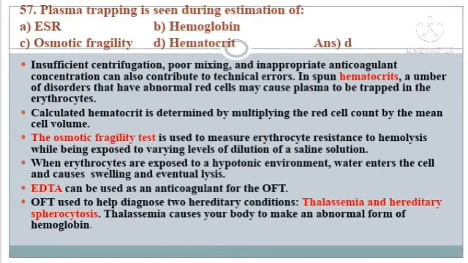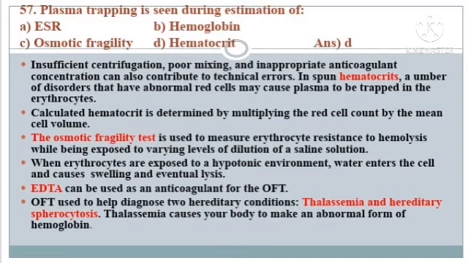Question number 57. Plasma trapping is seen during estimation of? The answer is option D, hematocrit. The insufficient centrifugation, poor mixing and inappropriate anticoagulant concentration can also contribute to technical errors. In spun hematocrit, a number of disorders that have abnormal red cells may cause plasma to be trapped in the